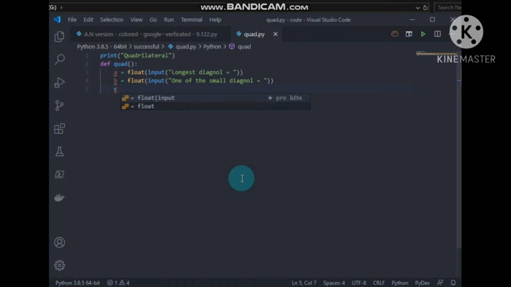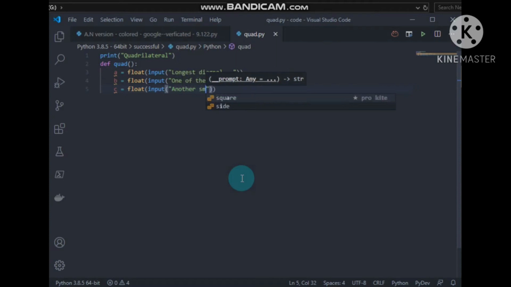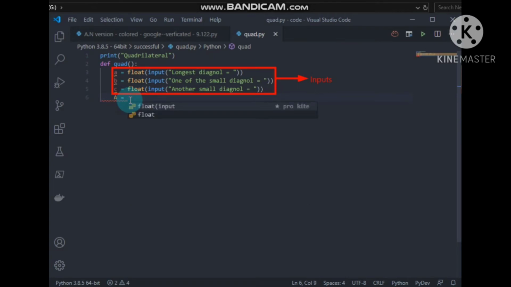Now C is another smaller diagonal, so float, and then input. Here again, the smaller diagonal, so we type another small diagonal equals, and then